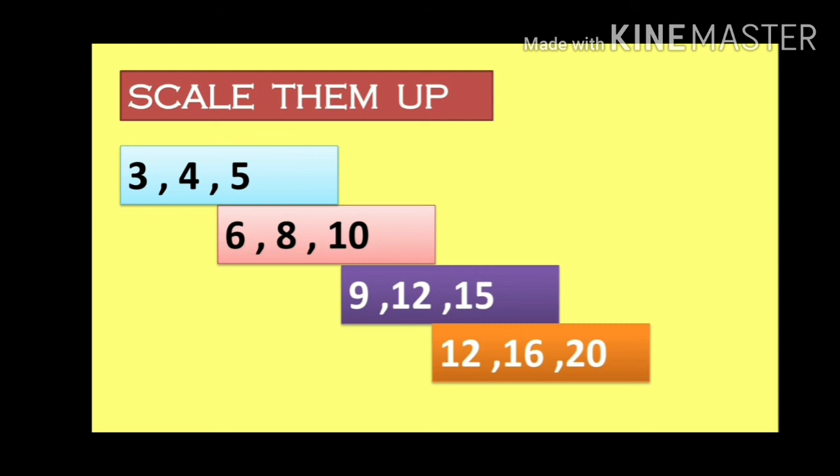So in this way, we can get as many triplets as we want. That many we can construct using only one triplet. This can be done with any triplet. Just keep on multiplying by 2, 3, 4 and so on, and we'll keep getting Pythagorean triplets. They just have to follow the rule c squared equals a squared plus b squared. Just remember the Pythagoras theorem, and this concept will be very easy.